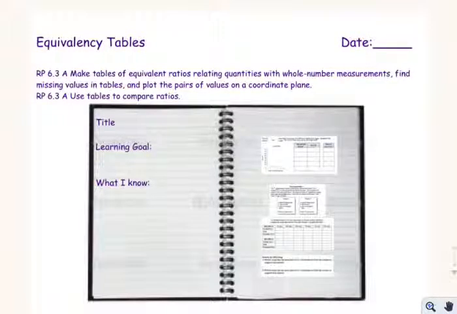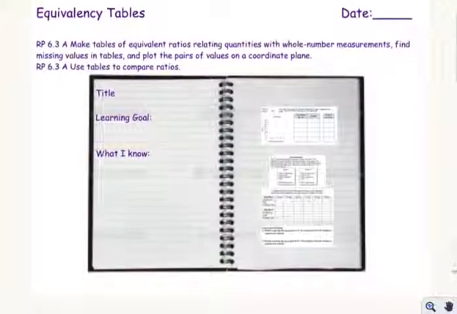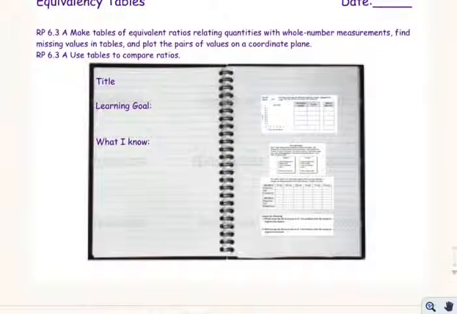Hi everyone, so today we're going to talk about equivalency tables, and you should have the foldable for this lesson tucked into your notebook. However, if we have any issues with that, I will attach it to the calendar as well. So first you're going to go through and write down your learning goal, and today's goal says to